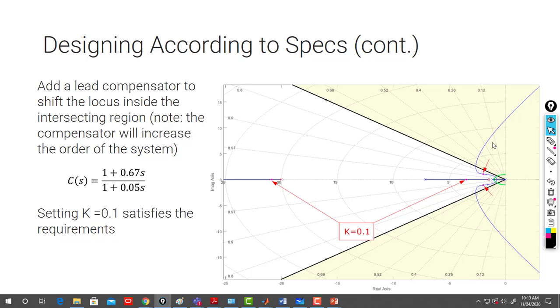So our goal is to reshape the locus to be in the required region, in the design requirement region, so then I can satisfy my requirement. So really the idea of designing this controller is to reshape the locus to be inside the required region. That's the goal of